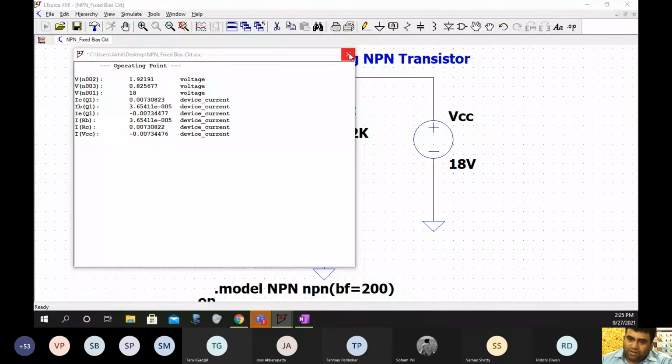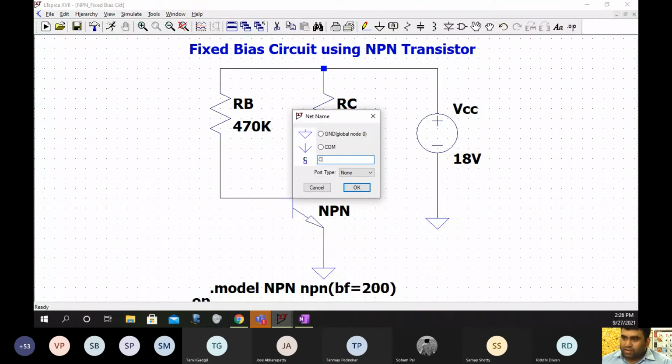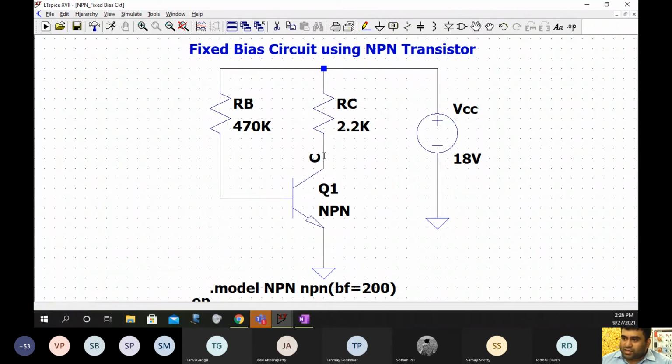Now it's difficult to identify what this N2, N3 and N1 are. So what I'll do is label the nets. Again, I'll call these collector, base and emitter.